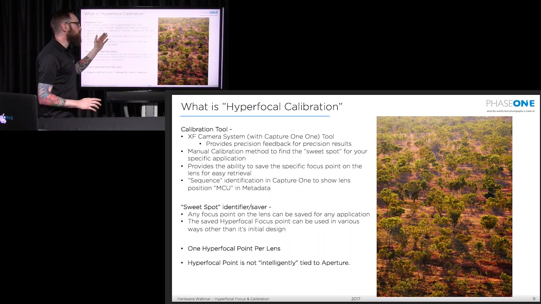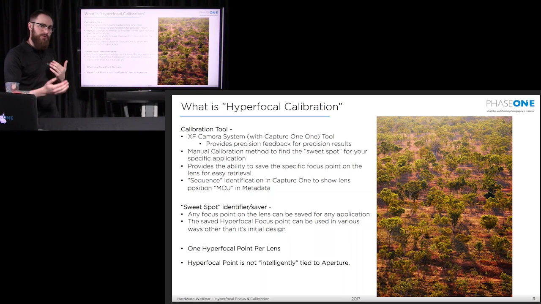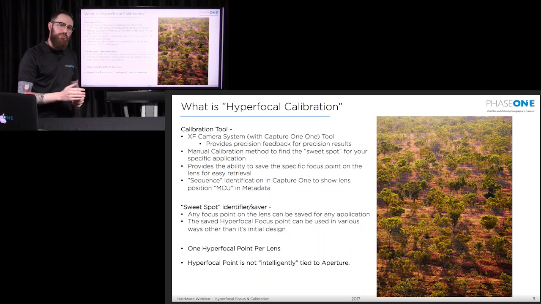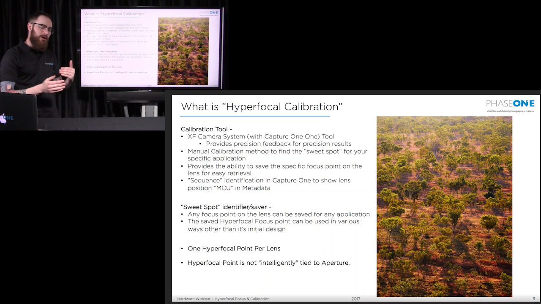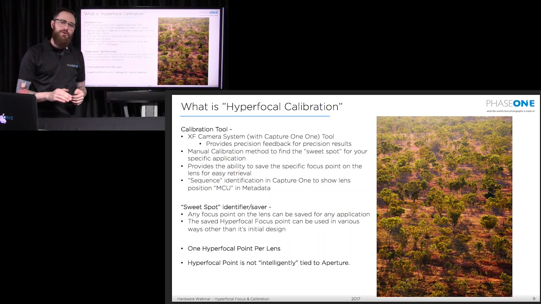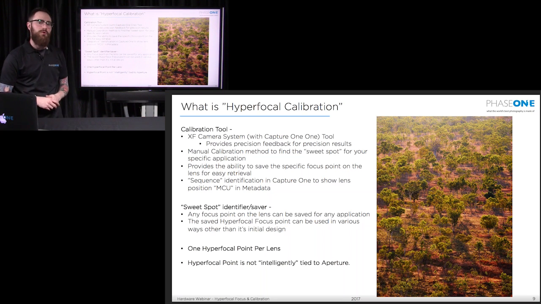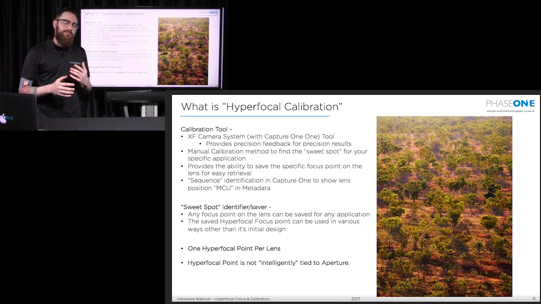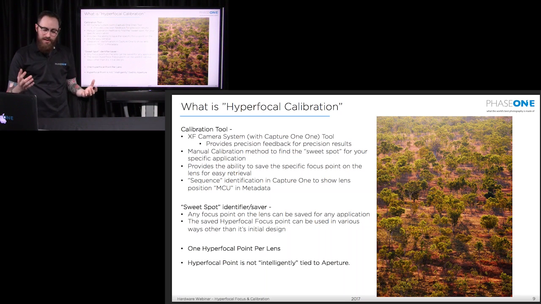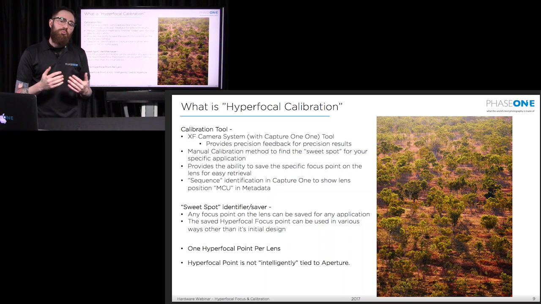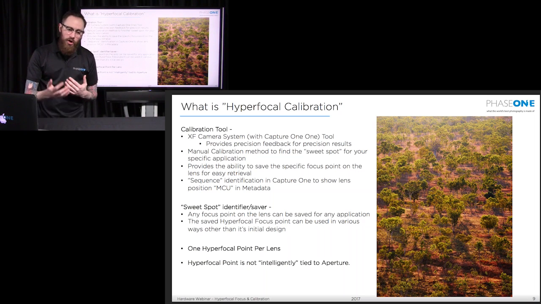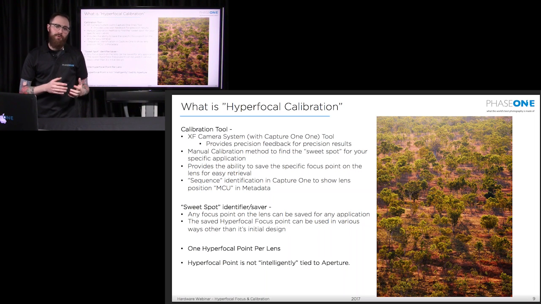So the calibration tool allows you to save that exact position. Once you do the calibrations and you find this point gives me the perfect focus to infinity, all of my foreground, this is where I want the camera to go to each and every time I invoke the hyperfocal focus. You can save that value into the XF camera system. I keep saying that you want to have infinity focus because, again, that's what the lens is designed for. But this tool can be used for almost any application where you want the lens to return to a specific point. So it's called the hyperfocal focusing tool and hyperfocal focus.